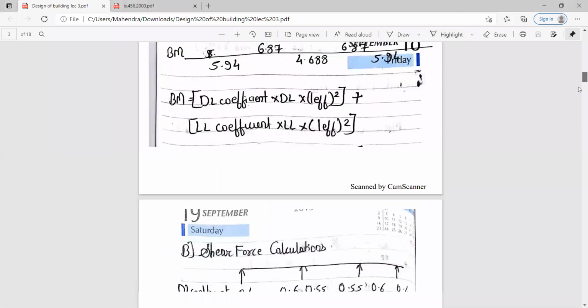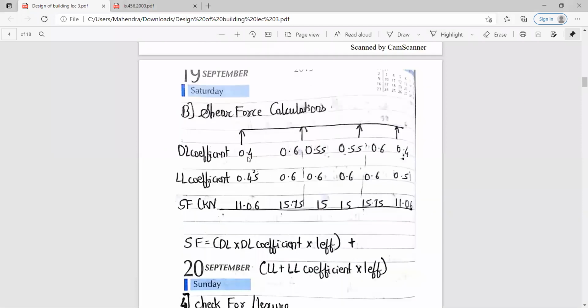The same shear force coefficients are also seen in your IS code page number 36. So these are the dead load coefficients and live load coefficients, and the formula you have to use for the shear force calculation is dead load into dead load coefficient into L effective, plus live load into live load coefficient into L effective.